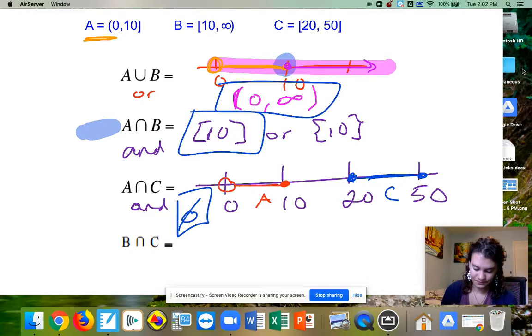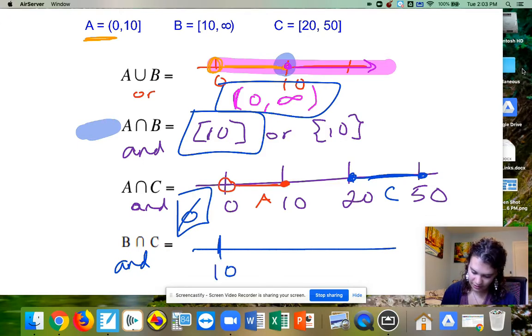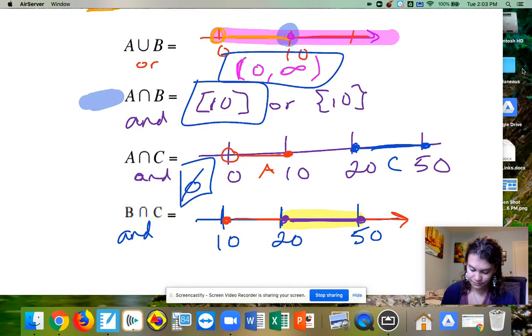So the last one is B and C. So draw your line again. B is the smallest at 10, C is 20 and 50. So if we draw them in again, B is a closed circle at 10 and goes on to infinity. C is closed at 20 and 50 and is this chunk. And now we're looking for where they overlap. So they overlap just on this chunk right there. So their intersection is going to be, switch back to my marker,